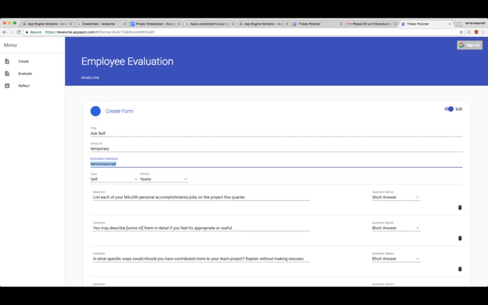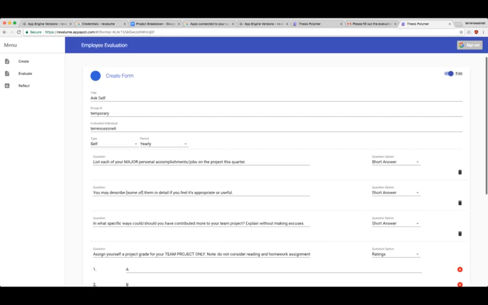And then you have the evaluate individual. Usually you don't have to change this. This is preset because when you generate a form, it's going to take you as the individual that it creates. This is the type of form it is. It's either going to be a self, a peer, or a mentor. If you're creating a self-evaluation for yourself, self. If it's for your peers around you, it's peer, obviously. And then mentor is for your mentor. This gives the form a name. There's a weekly, quarterly, yearly form. And then here we have,